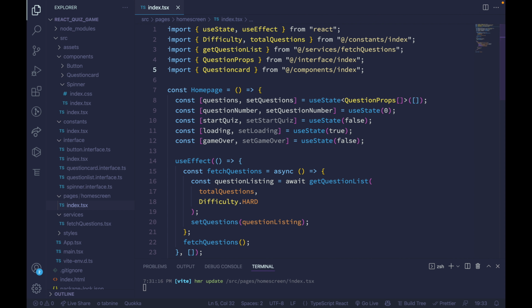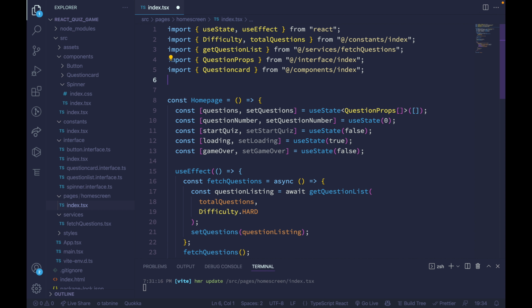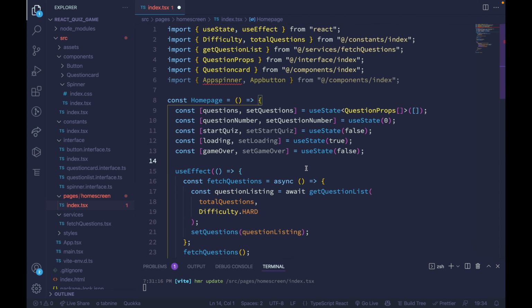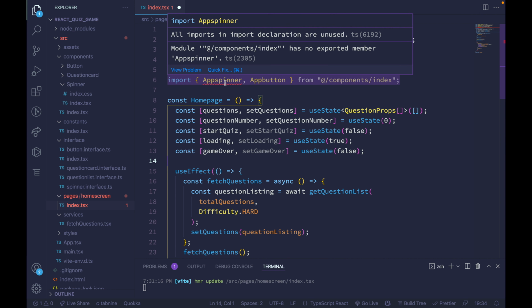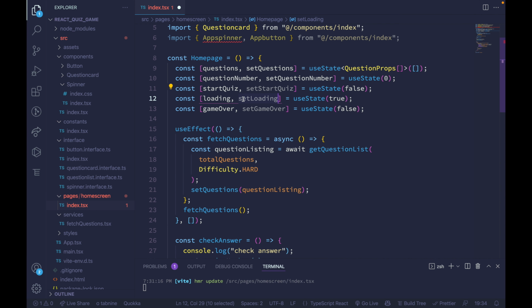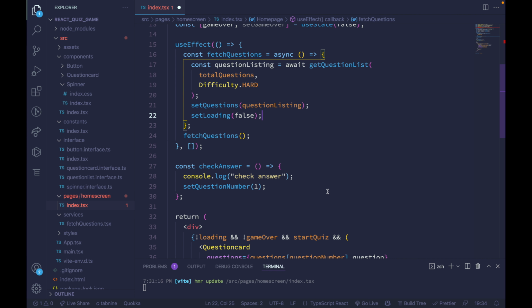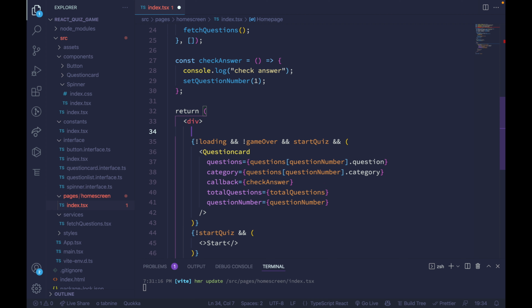All right, so now what we can do here is import our app spinner and our app button. So let's go ahead and add these two things here. Spinner. Okay, so looks like when we have app spinner, initially the loading is set to true, so we can add set loading to false here to not show the loader, right? When it's loading, we want to show a loader, and let's add the loader